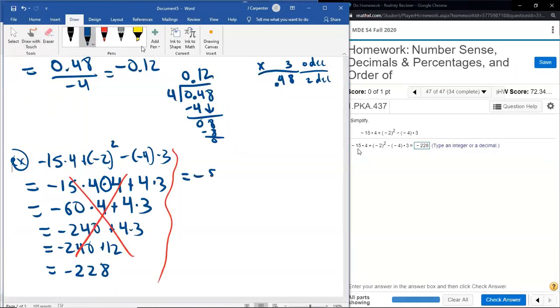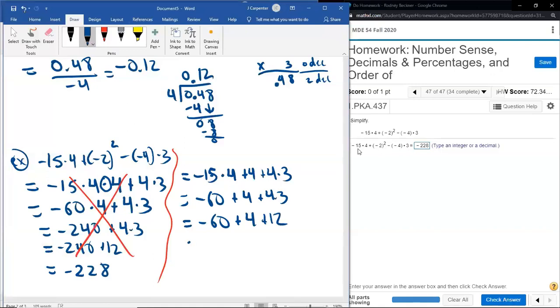Now this step was right. Negative 15 plus 4, no, 15 times 4. Then the plus 4. Then the other plus 4 and the times 3. I probably just was reading and writing at 3 different speeds. You've heard me say that before. I apologize. So then the negative 15 times this first 4 should be a negative 60, but then we have a plus 4 times 3. That 4 times 3 is still 12, so negative 60 plus 4 plus 12.